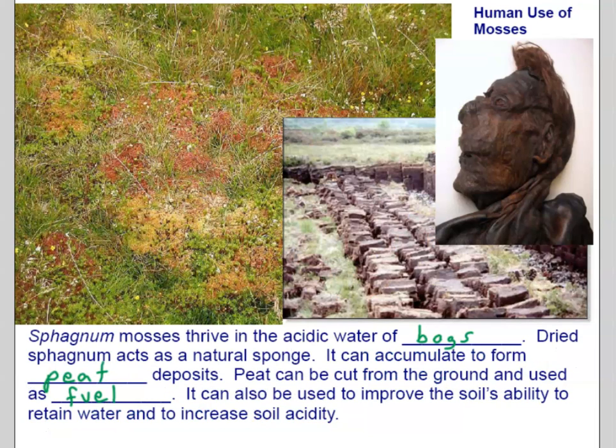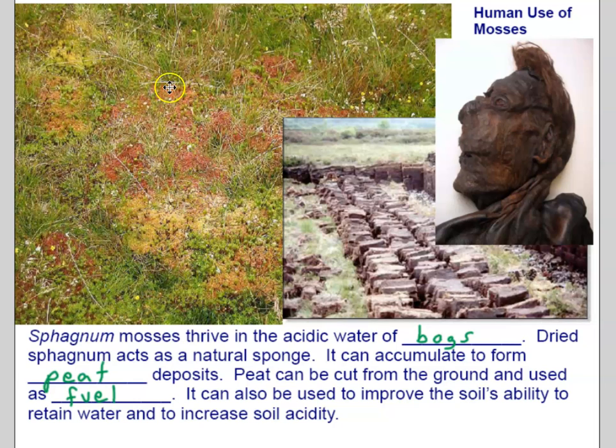So what good are mosses? Well, for strictly human use, there's not much use for mosses. We really don't eat moss. Other species do, so it definitely has ecological importance. But as far as what we use it for, not a whole lot. If you garden, you may use peat, or there may be peat mixed in with the soil that you're buying from a garden supply. And peat is partially decomposed moss, primarily sphagnum moss.